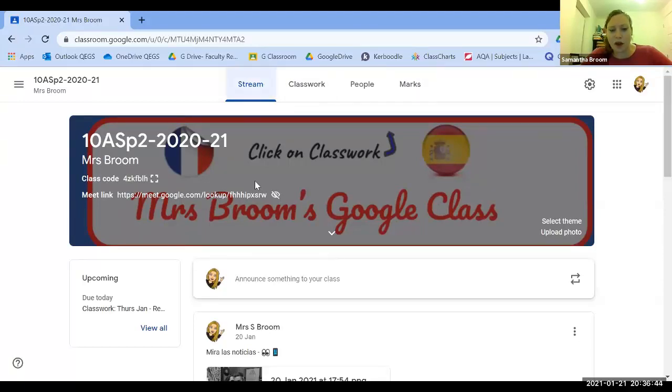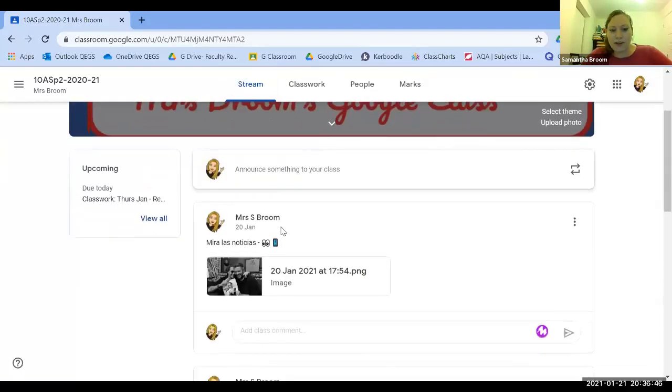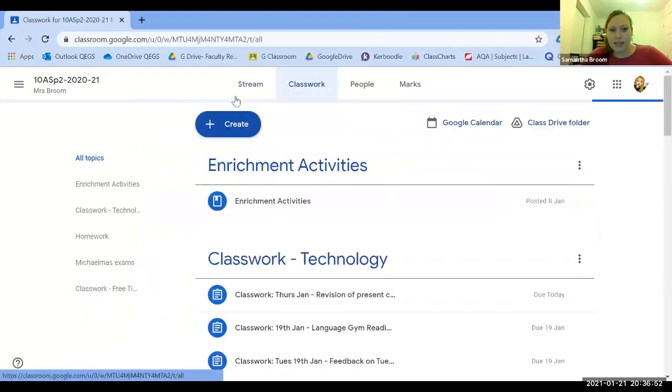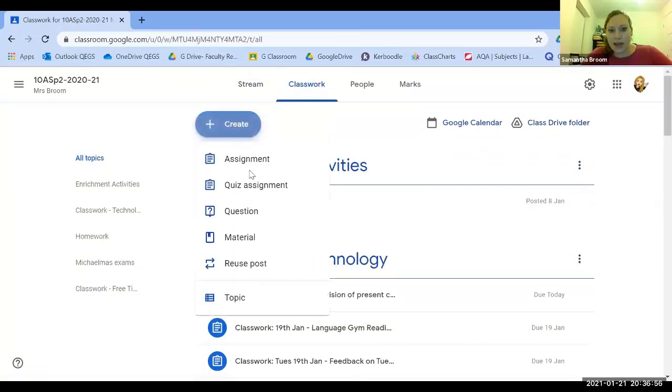So here's my classroom. This is what it looks like. So you've got 4 tabs at the top. On my stream, I have very little information other than news. Classwork is the tab you want to go to create a lesson, and you can see that you've got the create button there. So if I click create, I don't have as many options of things to do as Darren,